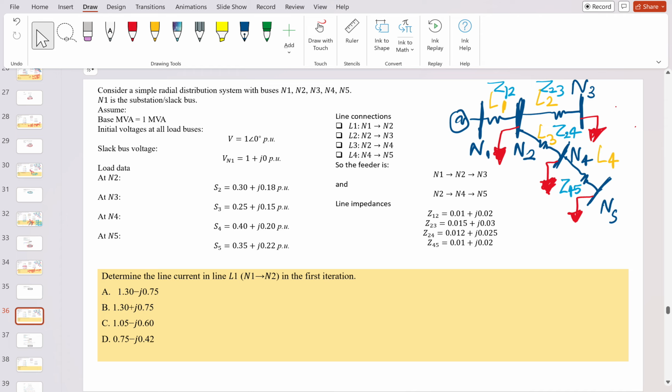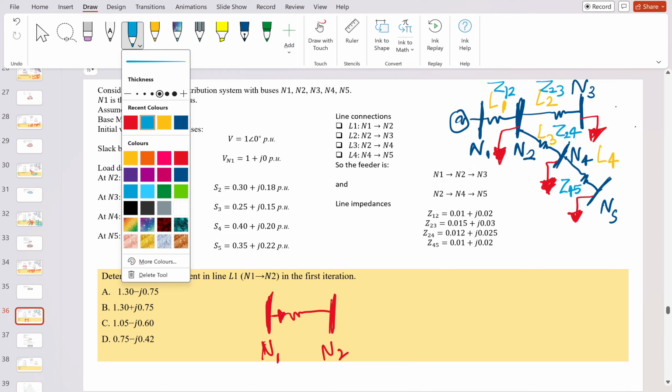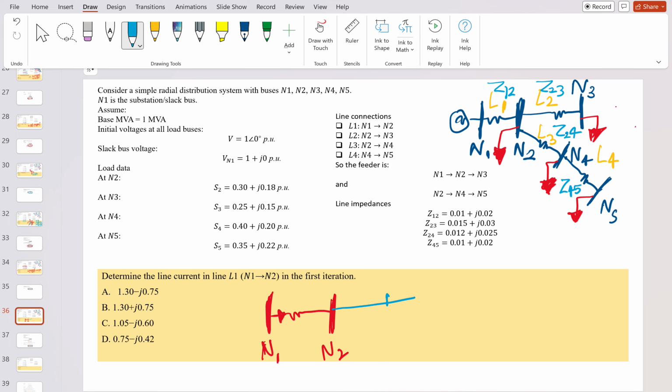Okay, let me give the solution. When you see from node 5, node 2, that is node 2, and there is node 1. It is asking what is the current that will flow in between these. When you see the N2 to N3 network, we have already found what current will flow. Also in between N2 to N4, we already found what current will flow. Let's see at N3 what was the current, that is 0.25